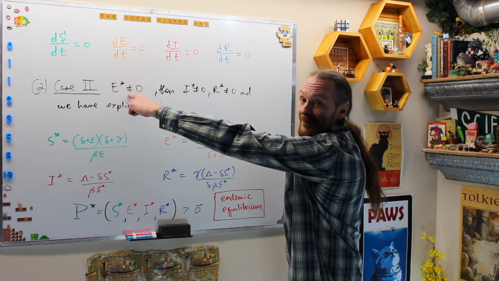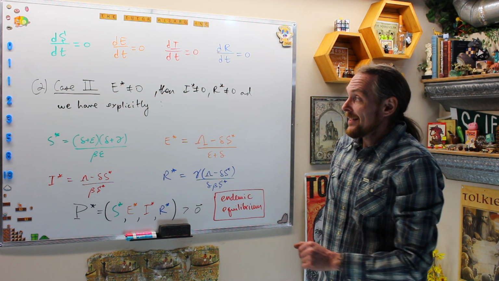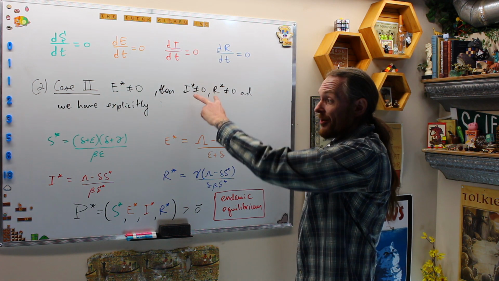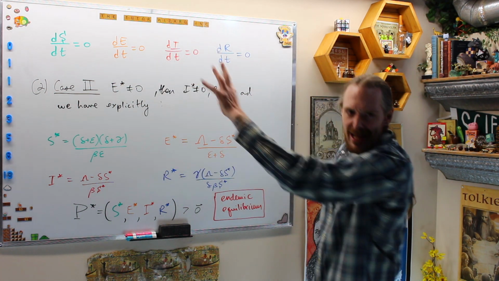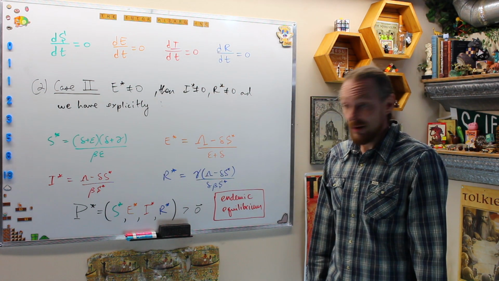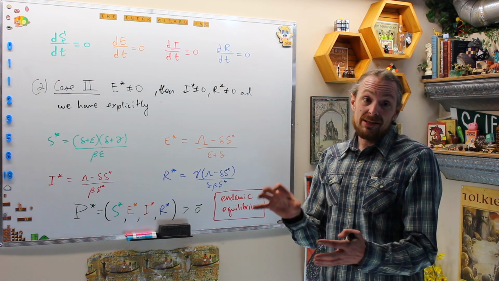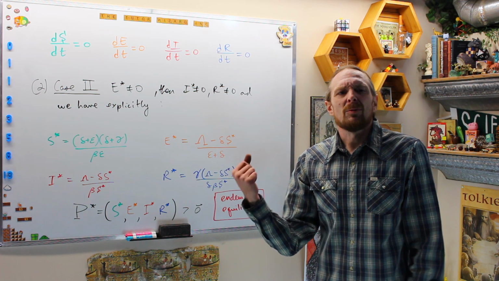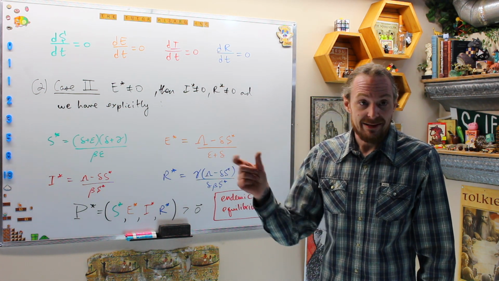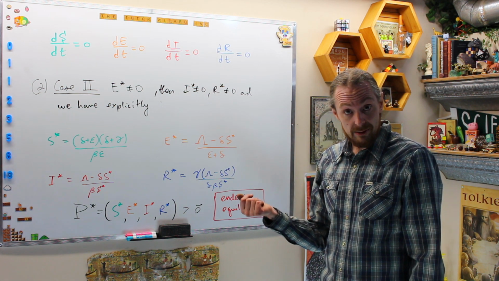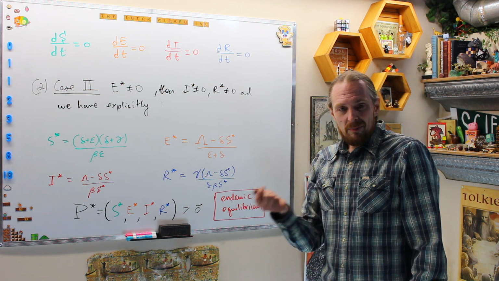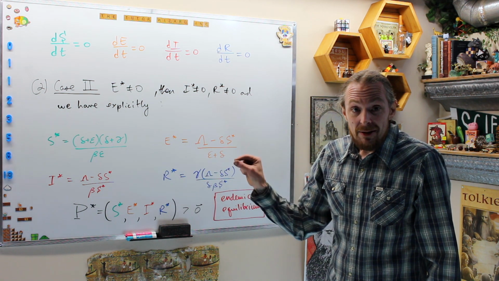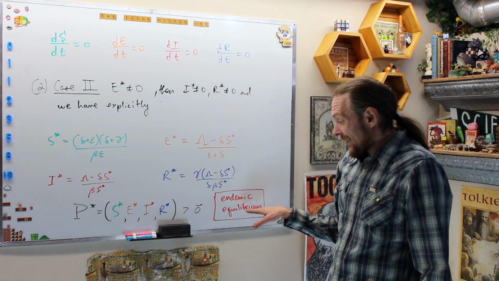Not telling you now. If we have that the exposed population is not 0 in case 2, then we immediately saw, because I and R also depend on that, these two guys are non-zero. And if you look at these equations again and analyze them, S star is not 0 also. So we have a completely positive solution where the S and the E and the I and the R are all positive. In the last one, we had a non-negative solution where only S star was positive and the other three were zeros. This is right near the boundary of that feasible region. Now what we have is completely in the interior of that feasible region, we have what we call an endemic